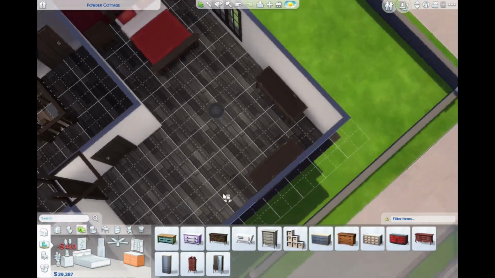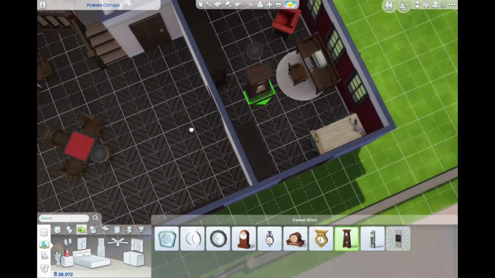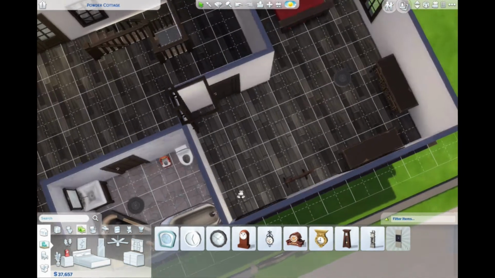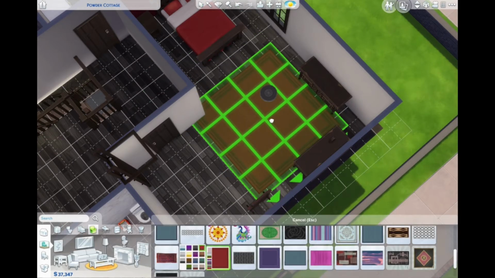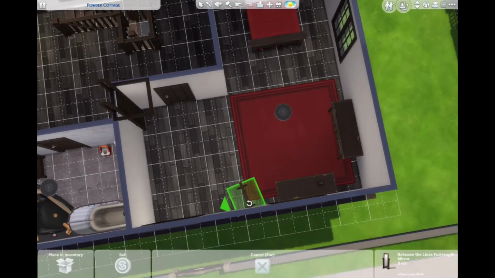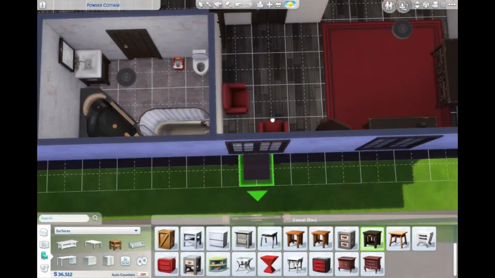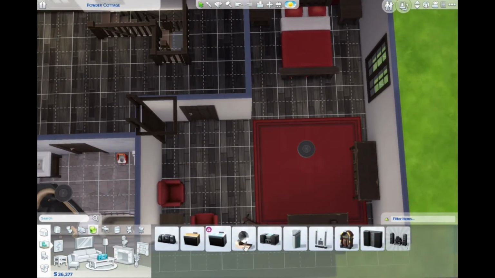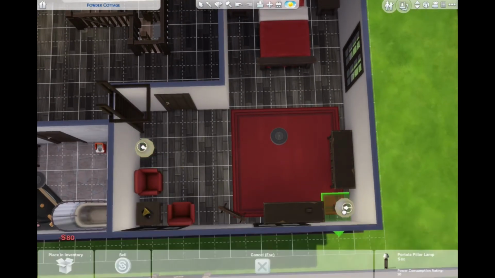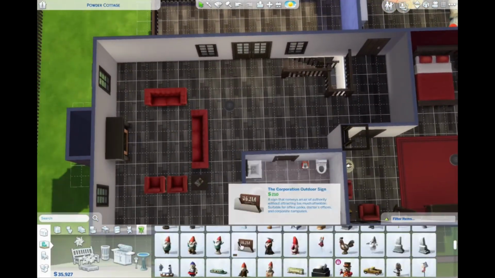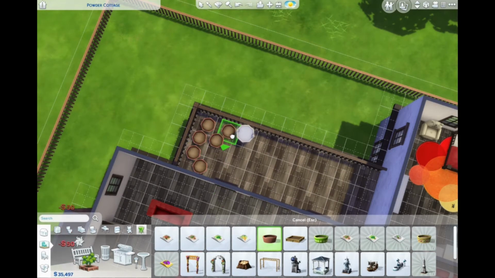And then I went to the parents' bedroom, and again, red. Honestly, I don't think I will put red in any of my builds anytime soon again, because there's so much red in this house. But I thought it looked okay. So it's not too much red, but there is a lot of red. But I decided it would be fitting, and so that's why I did it. But every furniture item is kind of red, especially the bedroom is quite a lot of red, but